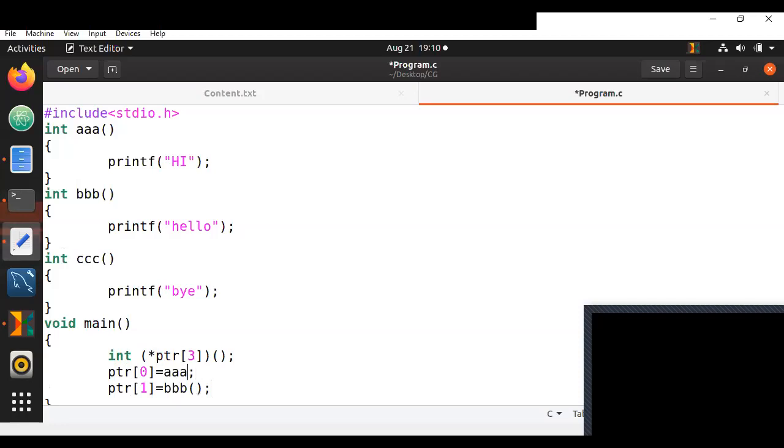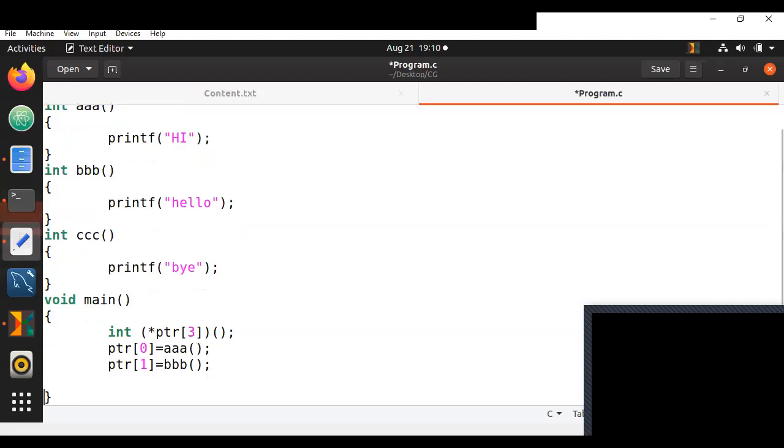Let me call those functions. No return value. I'm not having any return value there. I will explain why. ptr[2] equals, again, let me write tripleC. And let me call ptr[2] only. Let me call just this as a function.